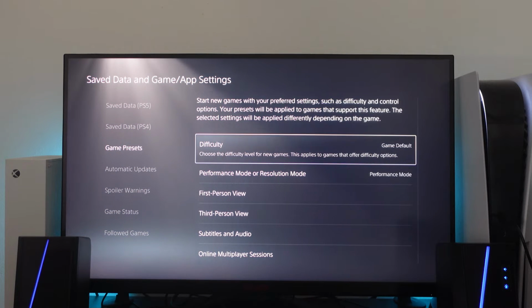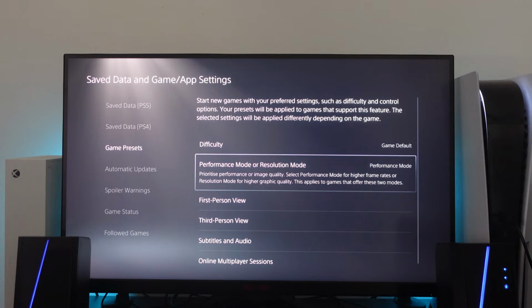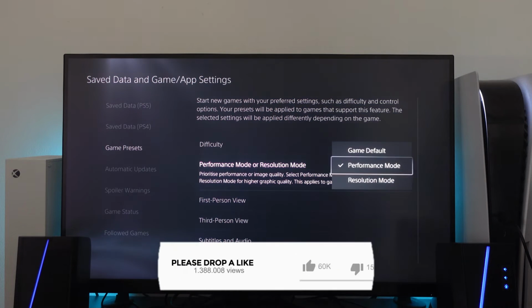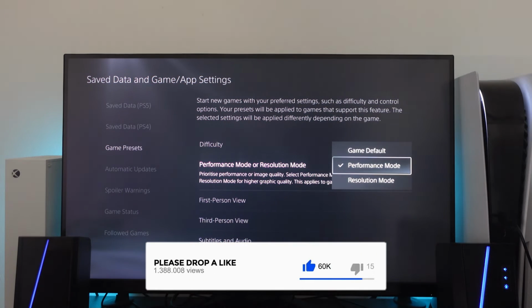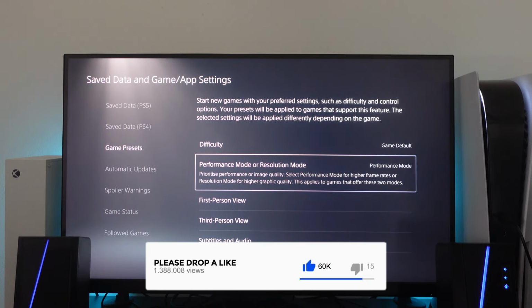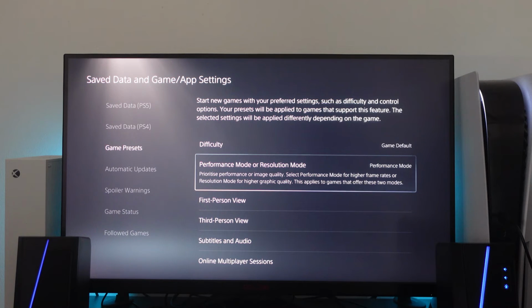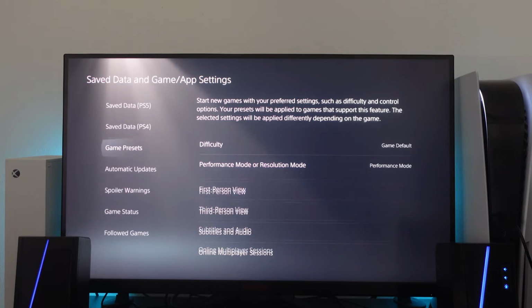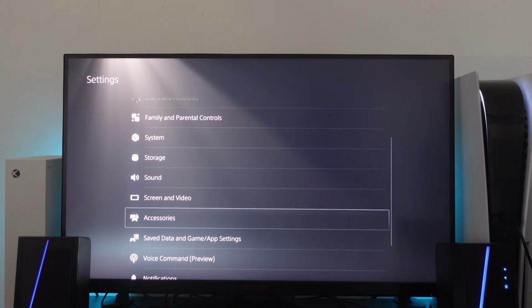Next, what you need to do is come down to where it says Performance Mode or Resolution Mode, and you want to press X onto this and change this to Performance Mode. So by prioritizing Performance Mode, you're going to get higher frame rates and it's going to help obtain 120 FPS. Once you've done that, just go ahead and press circle on your controller twice to come back to the main